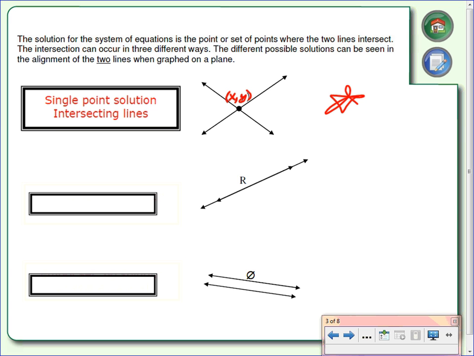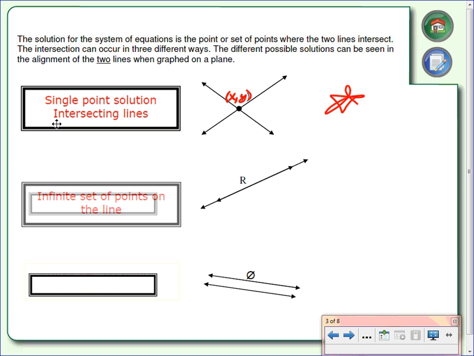However, another thing that could happen is the two lines that you graph could be right on top of each other, which is the next picture you see here. If those two lines are on top of each other, what that means is we're going to have an infinite number of solutions. In other words, we're going to have lots and lots of answers. And rather than writing out all of the answers, because there's lots of them,